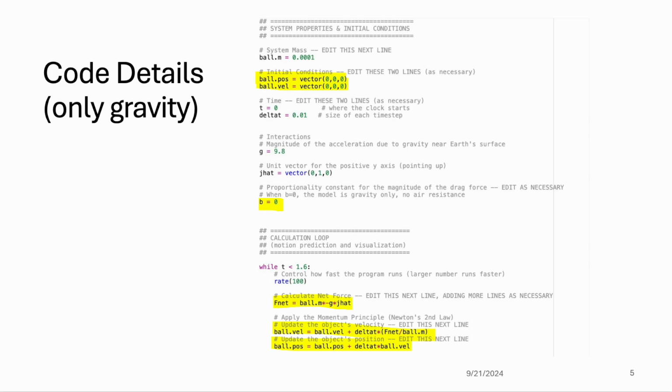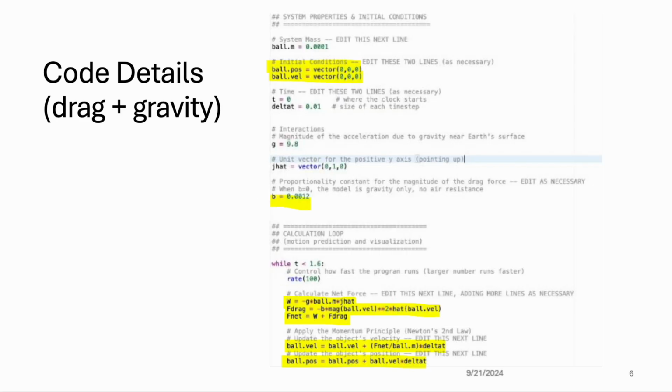For the code for only gravity, I made the ball's initial position and velocity 0, 0, 0. I made b equal to 0 because this one only talks about gravity, and I kept time to less than 1.6 seconds to match my observed model. I wrote Fnet is equal to ball mass times gravity times j hat, ball.velocity equal to ball.velocity plus change in time times Fnet over mass,